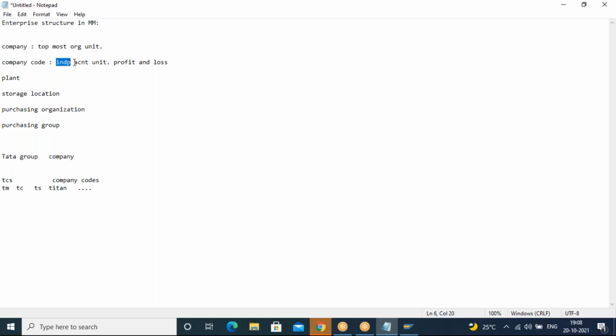Company code means, as I said, it is an independent accounting unit, right? If you take TCS, they have their own clients, for suppose Nike, Reebok, Adidas, some international banks, some international airlines, Olympus Corporation, Facebook, Google, Microsoft. All these are the clients for the TCS. And at each and every quarter, TCS is going to display how much loss percentage or how much profit percentage they got. All the information they are going to display to the public. So that is the difference between the company and a company code.